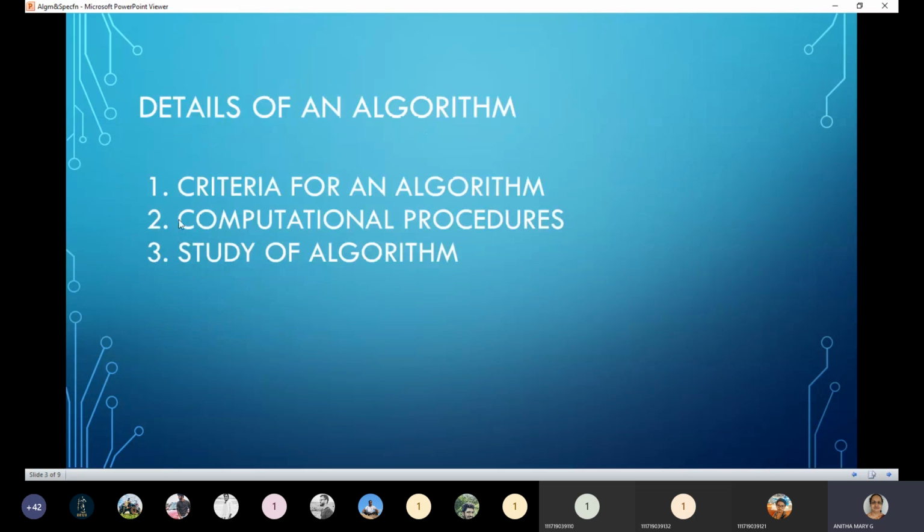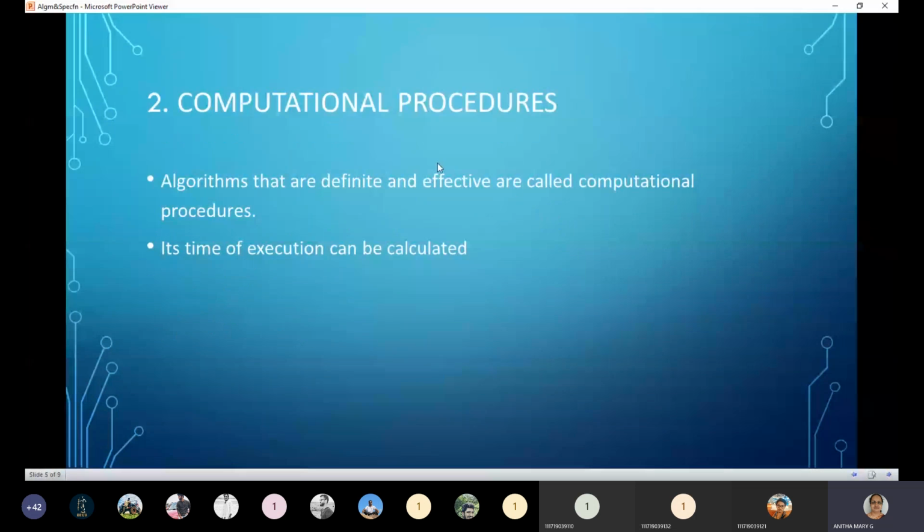So we'll move on to the second one, computational procedures. What exactly is computational? Computational means solving. In general mathematics we say solving a problem, whereas in computer science we say computational.